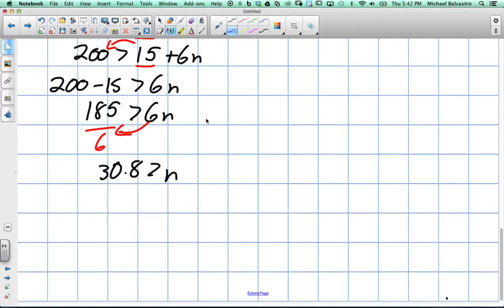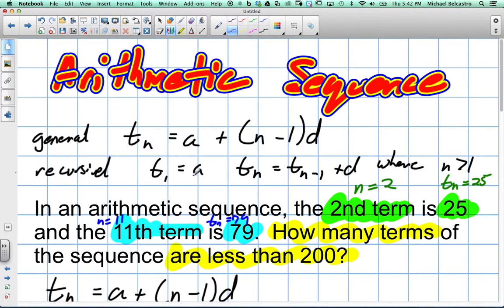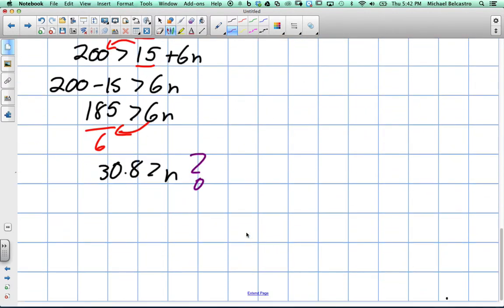So what the heck does that mean? Well, remember they were asking us how many terms were less than 200. So what it's saying is the 30.8th term is equal to 200. But we only work in whole numbers. So we should test our 30th term to make sure that it's less than 200 in our original formula,